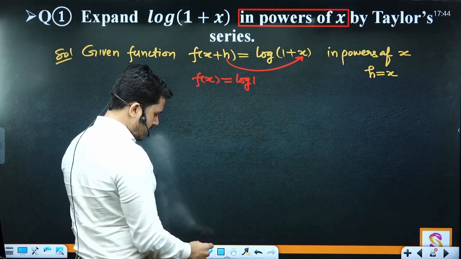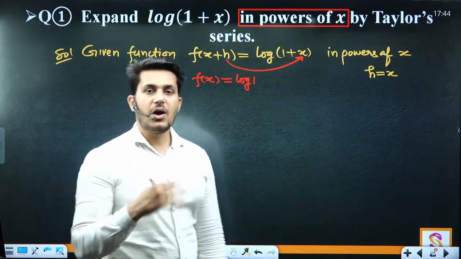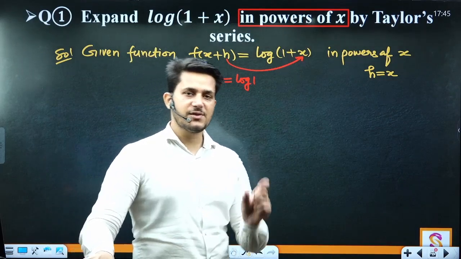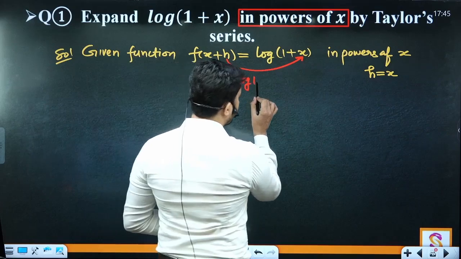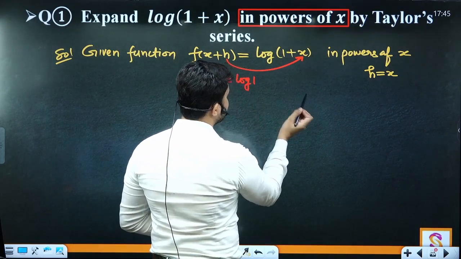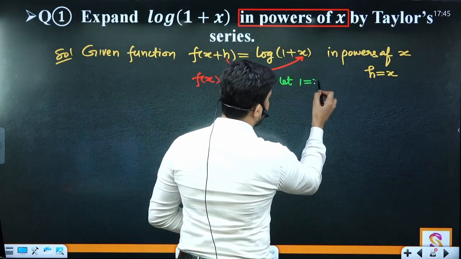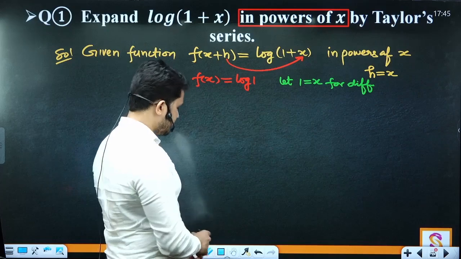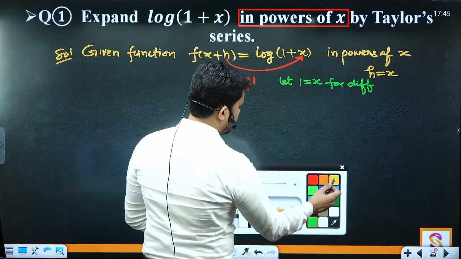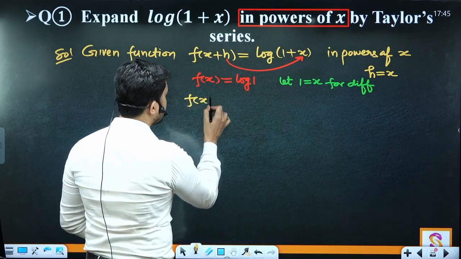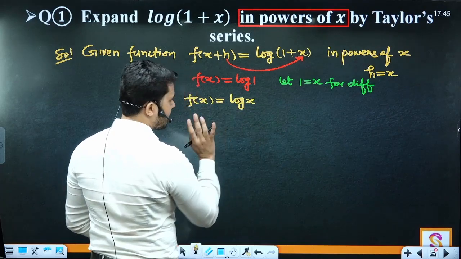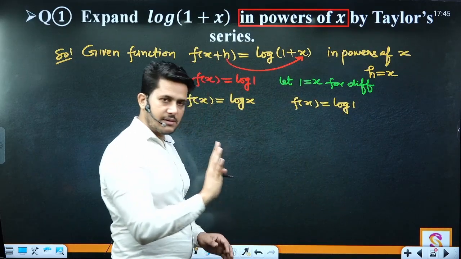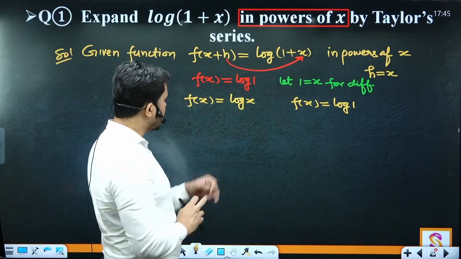देन f(x) इज इक्वल टू log 1. तो अब आप इसका डिफरेंशिएशन करते हुए log 1 का कहीं डिफरेंशिएशन करते हुए उसको आप जीरो ना कर दें, log 1 को एज अ कांस्टेंट मानते हुए कहीं उसका डेरिवेटिव आप जीरो ना कर दें. इसके लिए ही आप यहां इस 1 को फॉर जस्ट डिफरेंशिएशन, इस 1 को थोड़ी देर के लिए वेरिएबल समझ लो. लेट 1 इज इक्वल टू x फॉर डिफरेंशिएशन. देन क्या होगा फिर? तो f(x) इज इक्वल टू log x, ये f(x) की वैल्यू.